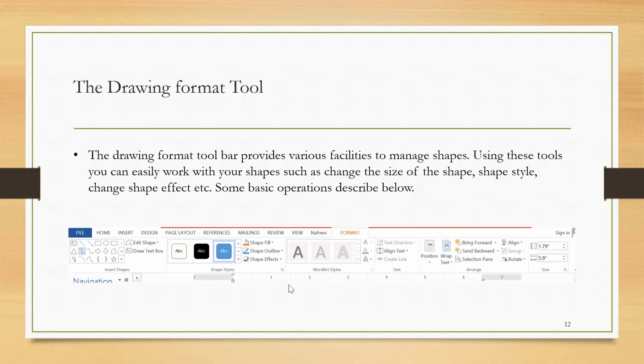Received only 2 correct answers. Okay, the correct answer is 8. There are different answers I'm receiving: 6, 9, 7. Just now I told you there are 8 different kinds of shapes. I showed you, but that means you didn't concentrate on it.